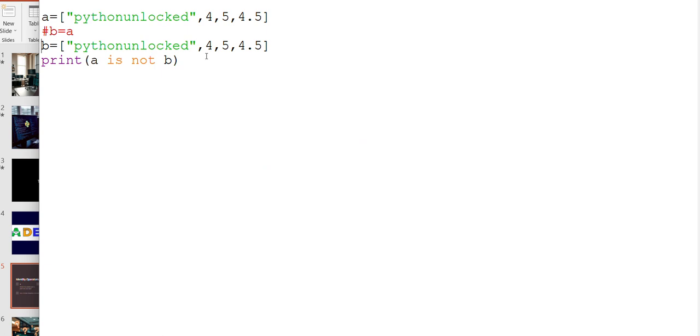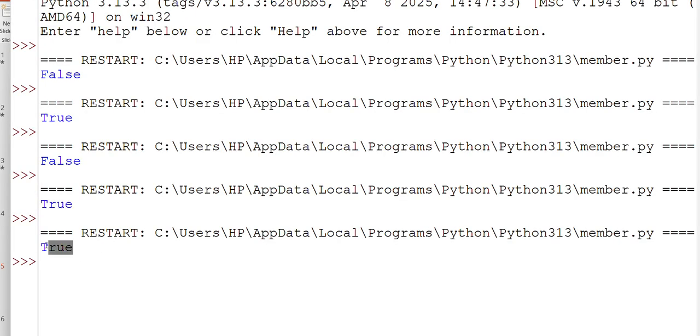Whereas if the scenario is, instead of checking this, I am checking A is equal to B. Remember, A is equal to B checks whether they have the same value or not. If values are similar, I'll get true. Whereas identity operators check whether they are referring to the same memory location, instead of only checking whether they have the same values. So identity operators will give me true if they are referring to the same memory location. I hope this is clear.